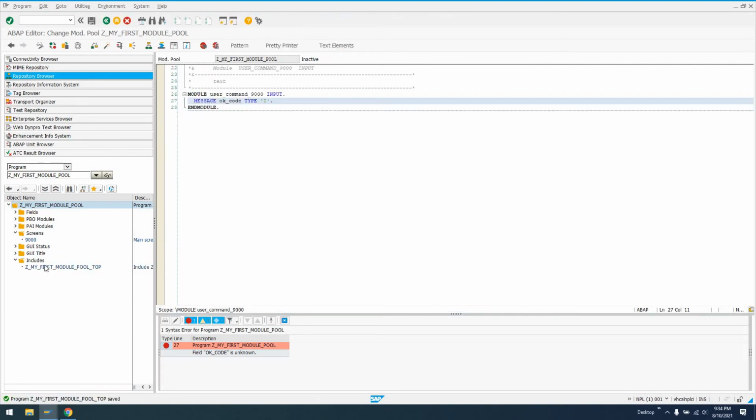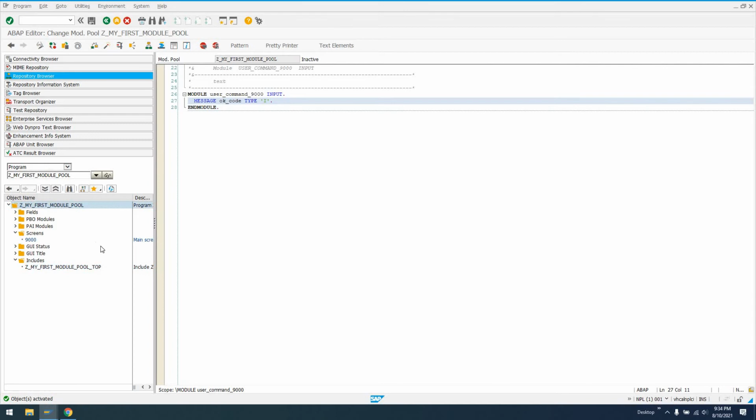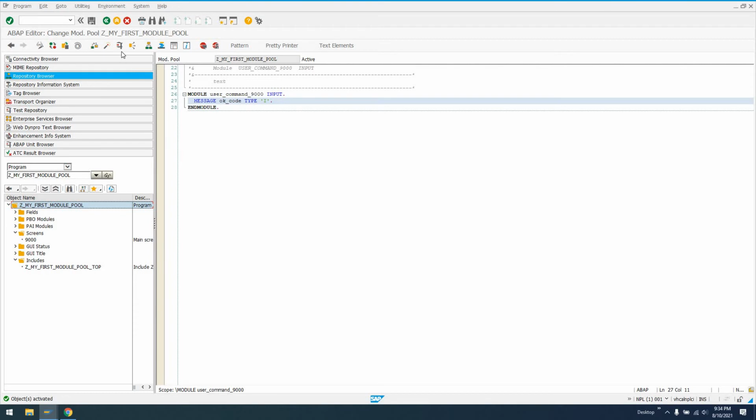Well, that's because our include's not activated. Let's activate our include. And now if I try and check our syntax, we'll see everything's good. I can activate the parent, which will ask me to activate all of the parts of our module pool program. I get objects activated, and now if I were to run this, I'm going to see the master program is